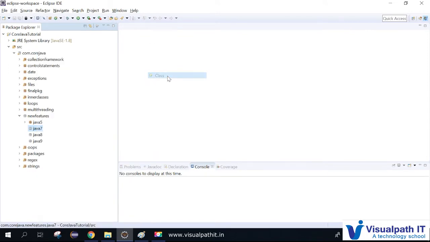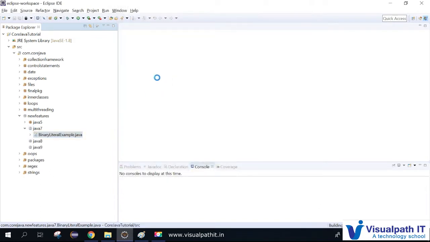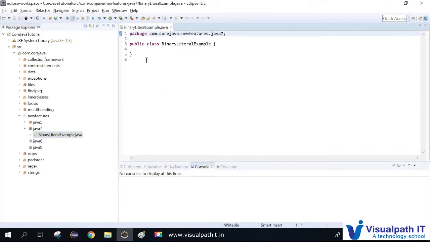Just creating a new class, and just creating a main method. So now we can see how binary literals look.